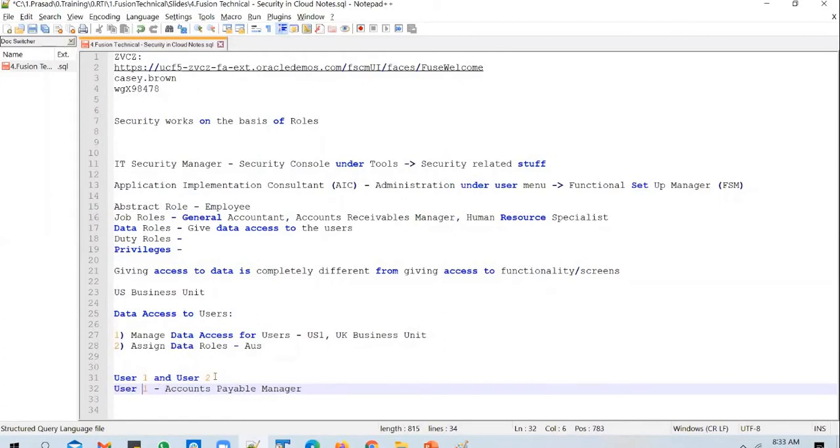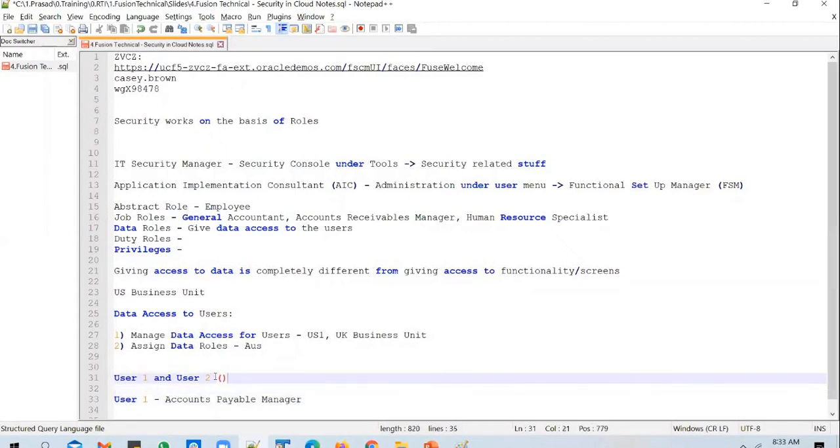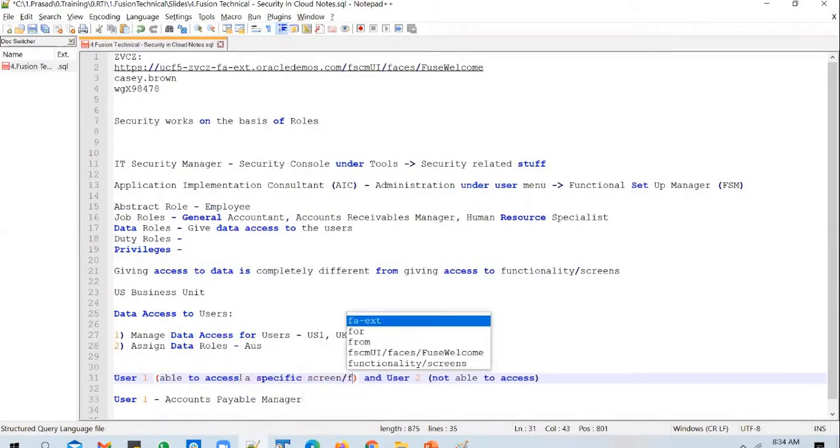So you are trying to debug an issue wherein user 2 is not able to access a specific screen or functionality, whereas user 1 is able to access it.